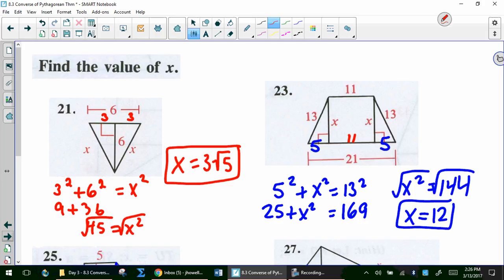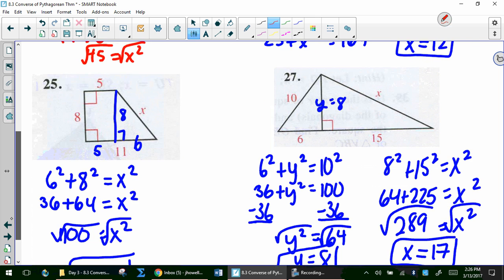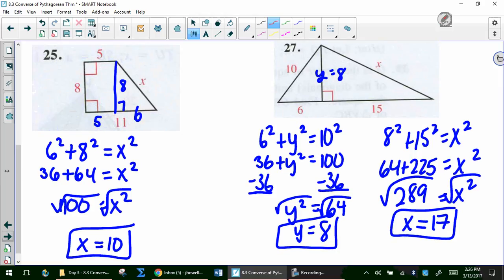Okay, so for 21, I split up this space into 3 and 3 to get 3 root 5 for x. For 23, same one like we had in class today, we had some different unknowns. So just be careful with that one. We had x is 12. 25, right? Making your own triangle here. So something that we just looked at. And then for 27,